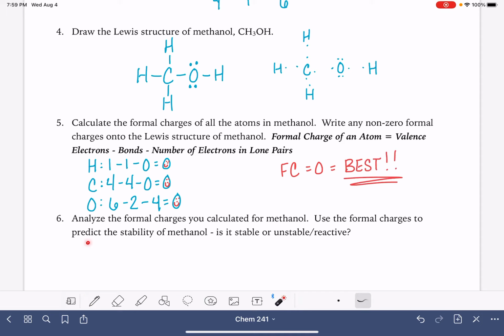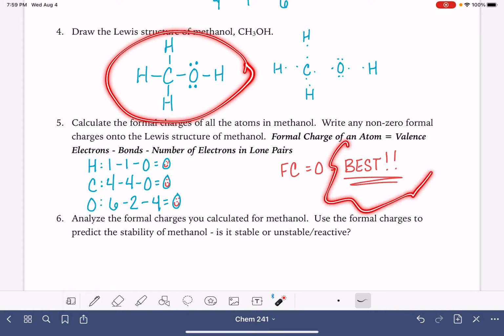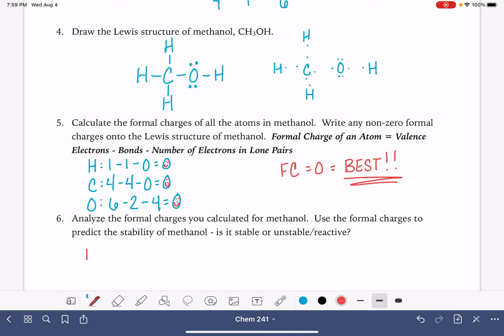So we're going to use this to predict the stability of methanol. This is the part where we're kind of like bridging the gap between Gen Chem and OChem. How can we use formal charges to predict the stability? The formal charges in methanol are all 0, which means all of the atoms in the methanol molecule are living their best lives, and they don't want that to change at all. The molecule is perfect. So when it has all these formal charges of 0, that means that the molecule is very stable, which is another way of saying that it is